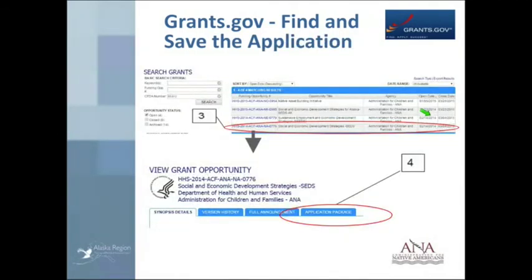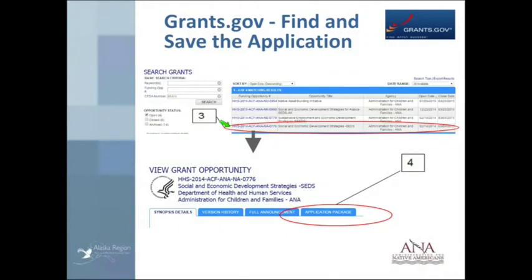Okay, so once you do that search, step 3 is to identify the actual program that you're going to apply for. So you want to be very careful here that you select the specific funding opportunity announcement that you're applying under. Like I said, when we punched in 93.612, we're just using this as an example. It pulls up 4 different SEDS programs that you could potentially apply for. So if we look at the SEDS one, the National SEDS, which is due March 4th,